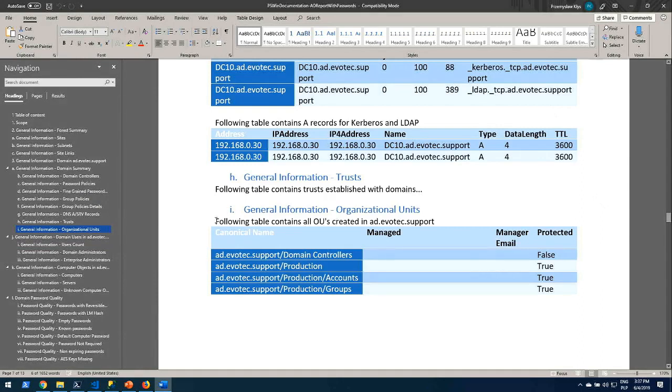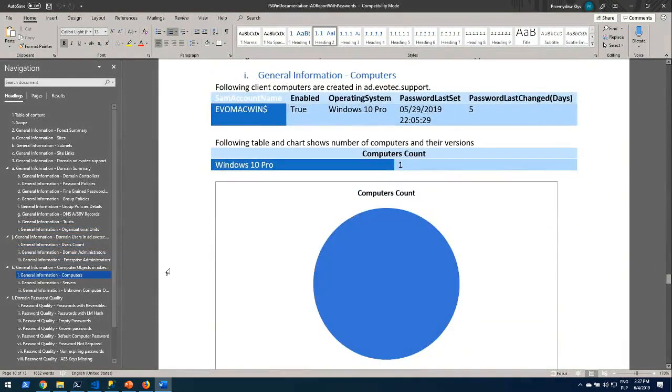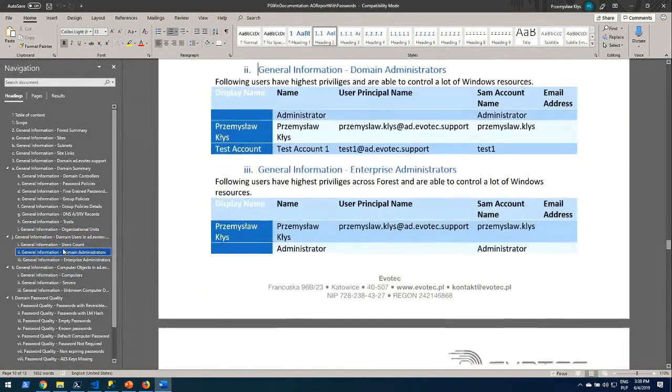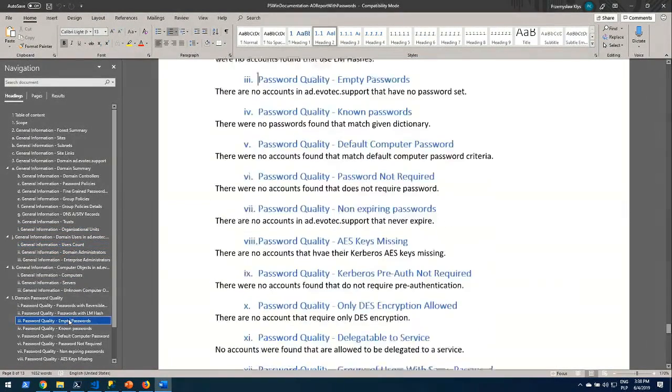for me, this is something that I can deliver to my customer. This is something I can use for auditing the domain. If I'm doing this for the customer, like I'm sent to a different site and asked to please audit our domain, I just run this and get a report and I can read it. So there is different information in this. There are also some charts. Of course, in my domain, I have like 6 users in total, so it's not really filled out, but there